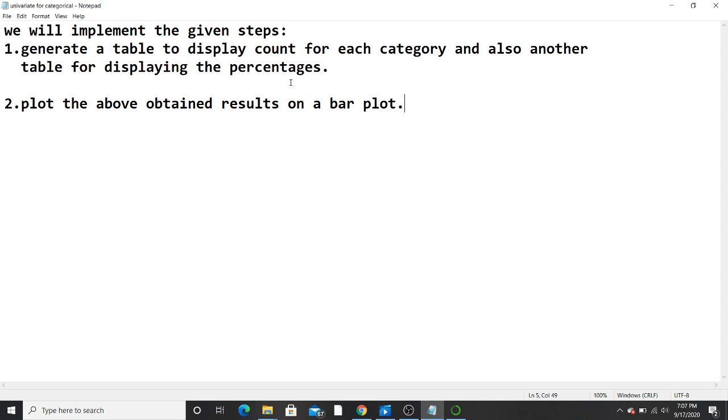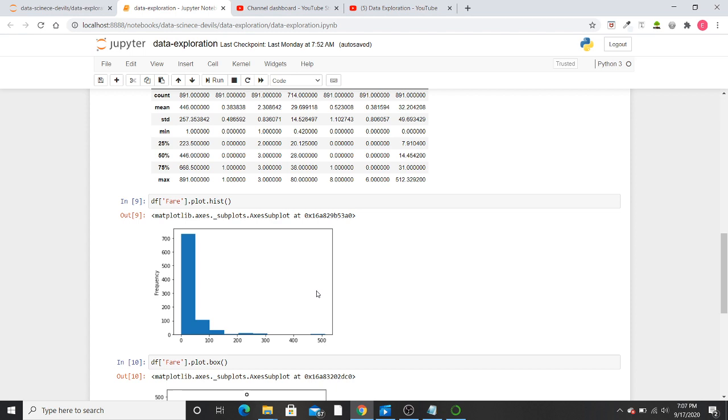In the next step, we'll plot these obtained results on a bar plot. You can use any other visualization graph of your choice, but I am satisfied with a bar plot as it displays the distribution of either a continuous or categorical variable in a presentable format.